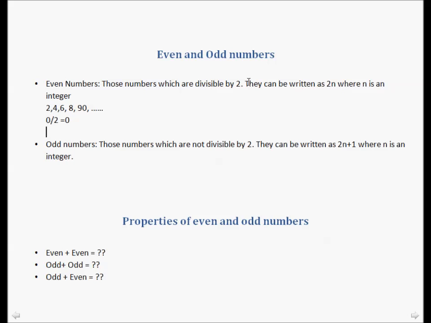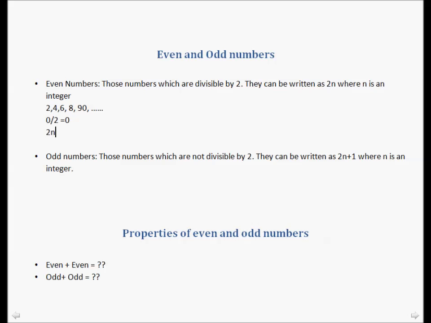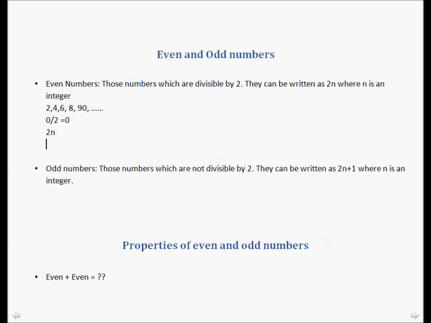So what we have done is we have defined even numbers in general form. So even numbers can be written as 2n, where n is any integer, right? So let's write it 2n, n can be any integer. So let's put n is equal to -1. So what we get is -2. It's an even number. -4, yes, it is even. -6, yes, it is even. So yes, even numbers are negative as well.